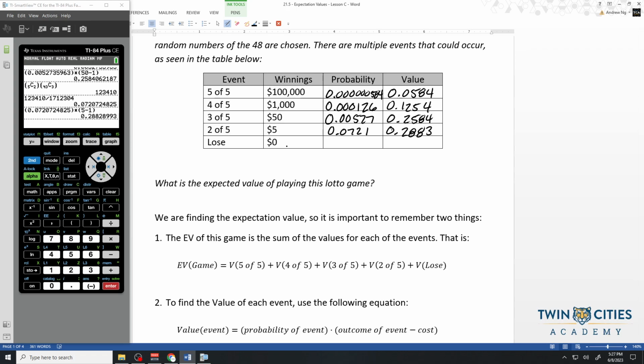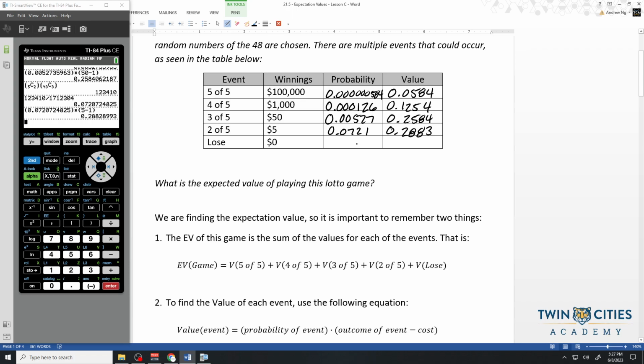There is no drawing in this case. So if I've got the probabilities of how to win, 5 of 5 is this probability, 4 of 5 is this probability, and so forth,